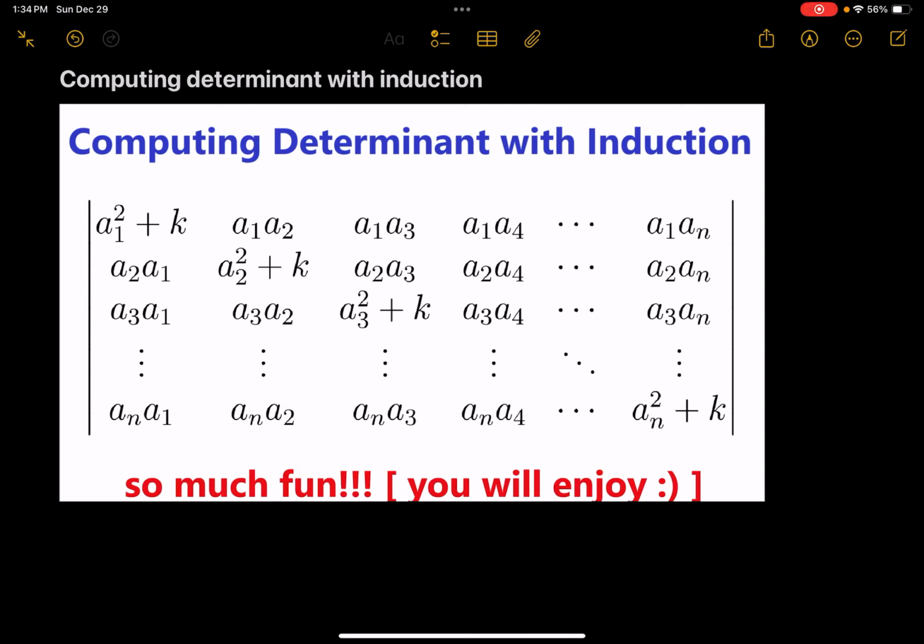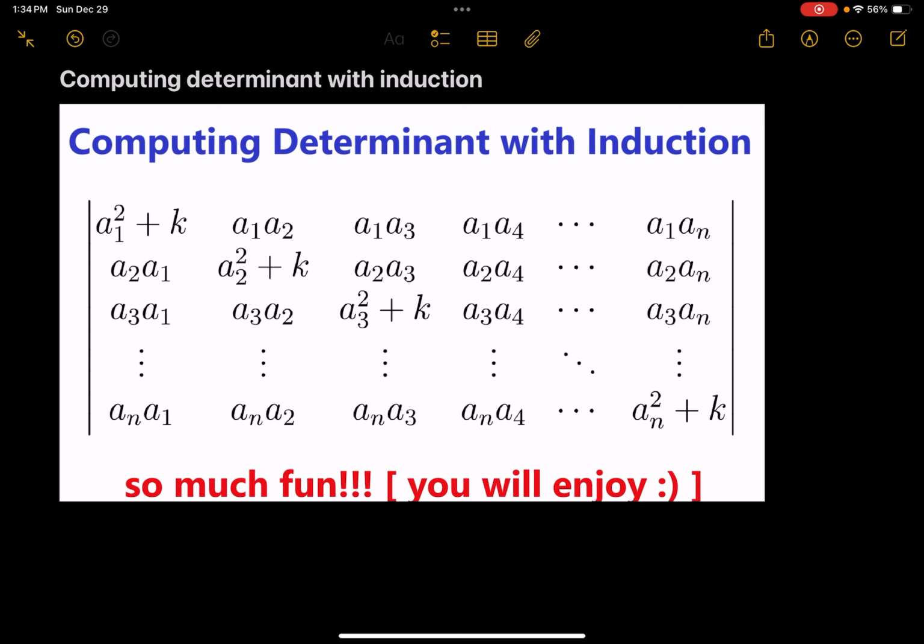Computing determinant with induction. There are a lot of ways to compute a determinant, right? In this one specifically, we'll definitely use the normal ways of computing determinant, but induction will also be helpful, since there's an n over here, right? We have to compute the determinant of an n by n matrix, and so it definitely makes sense that induction will be